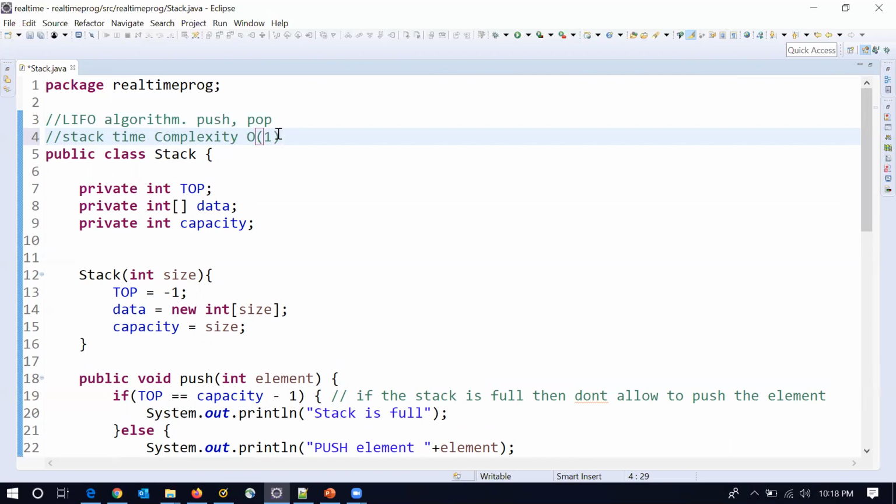Why are we calling it O of 1? Because we are only moving one position up and one position down, so it is always a fixed time. That's the reason we can mention that the time complexity is O of 1 for the stack.